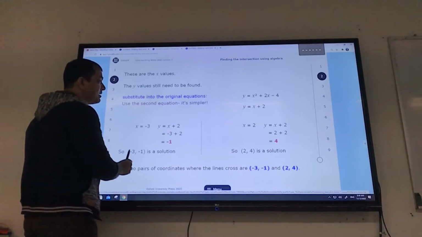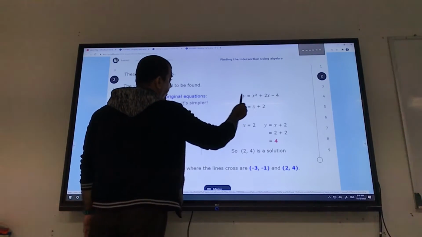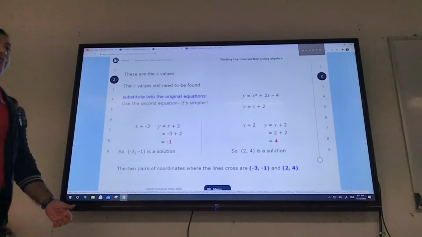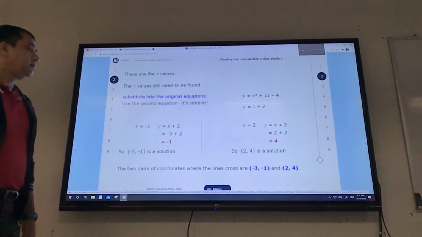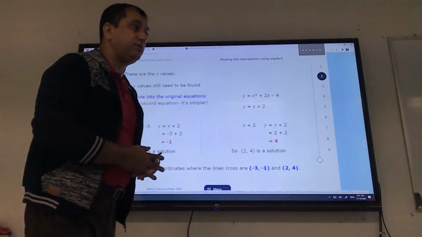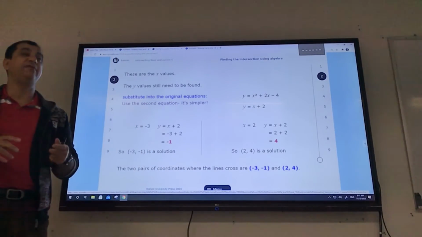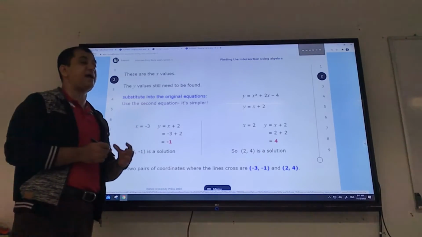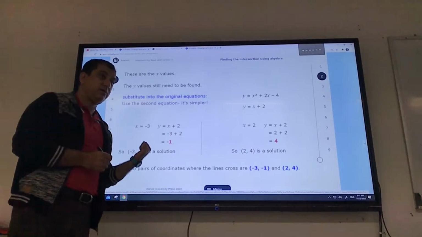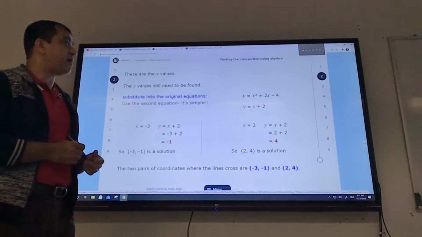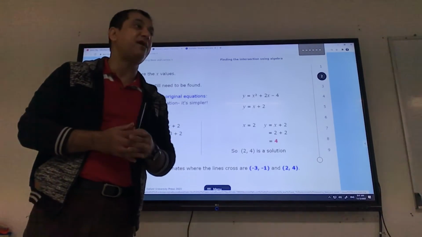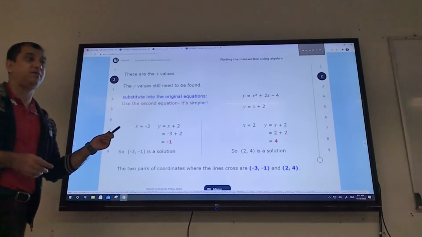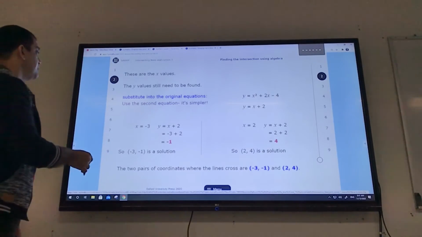Means take x minus 3, y minus 1 over here. You see are they equal or not. If they're equal, that means it's done. Verification. So it depends upon you what method you use to find the point of intersection, but if it is mentioned in exam, find point of intersection of a curve and a line algebraically, use this method. If it says find point of intersection graphically, by graphical method, you have to use graph. This way will give you 0 mark. Okay? So read the question carefully before you answer.